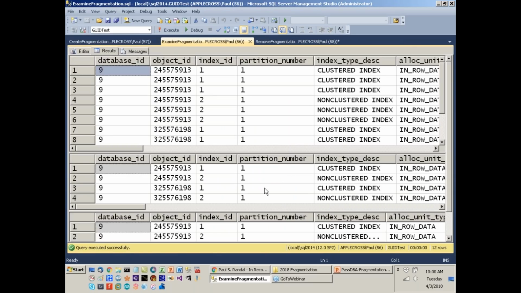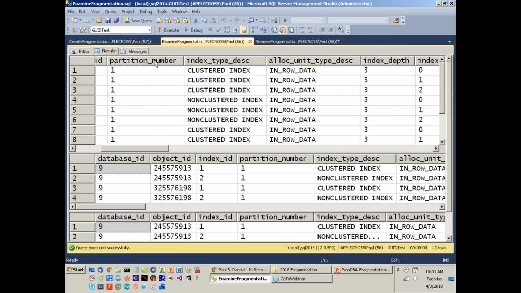Okay. So very quickly looking at the output from the DMV, we have a database ID, object ID, index ID. I wanted to have it say object name and index name, but I lost that battle. So you're going to have to do some kind of cross-apply with sys.indexes, something like that, to get the names. You can't do a join because this is a table valued function. Partition number, you can see it says partition number. SQL Server considers everything to be partitioned, even if you're not using table or index partitioning. It tells us the index type.